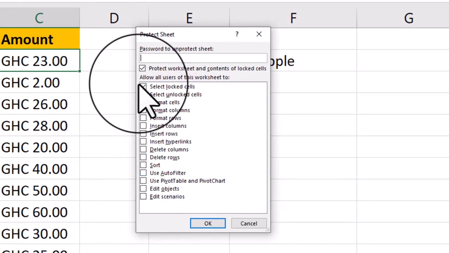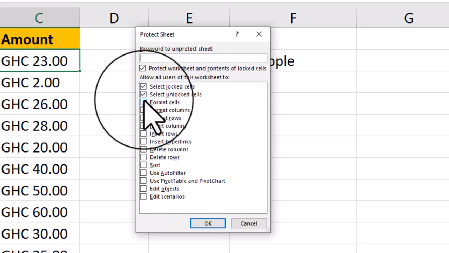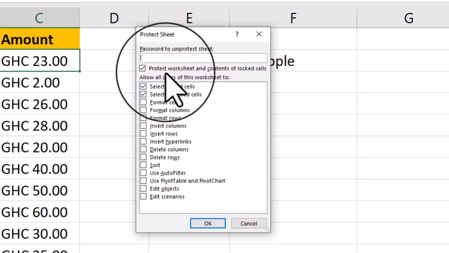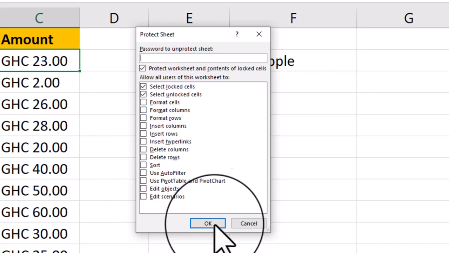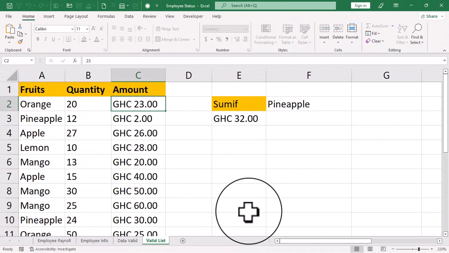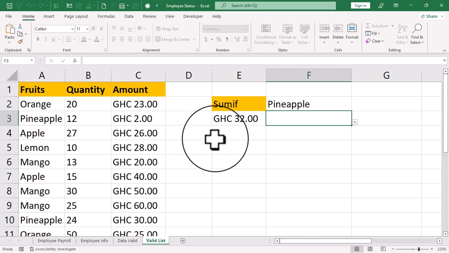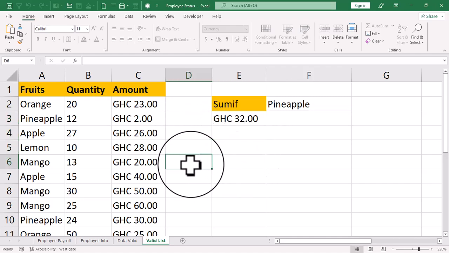These two options that have been checked here, Select locked cells and Select unlocked cells, are always checked by default. So if you don't change any of these options and click OK, if any other person gets access to this worksheet and clicks on any cell, he or she has the option to select any cell, but when he or she tries to enter data into any of these cells,